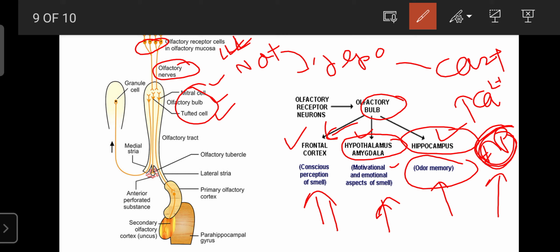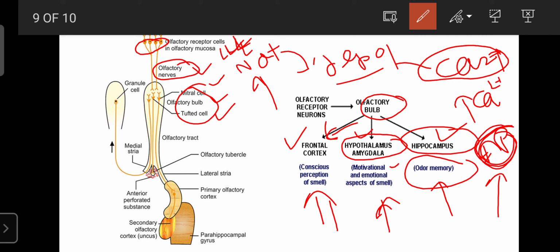So the frontal cortex, hypothalamus, amygdala, as well as hippocampus are involved in the detection of smell, with the help of the olfactory nerve and olfactory receptor cells. When you take in the smell through the nose, the stimulus causes the activation of sodium channels. Due to that, sodium enters the receptor cells and accumulates. Then a positive environment develops, known as depolarization, and that depolarization is responsible for causing the release of calcium.